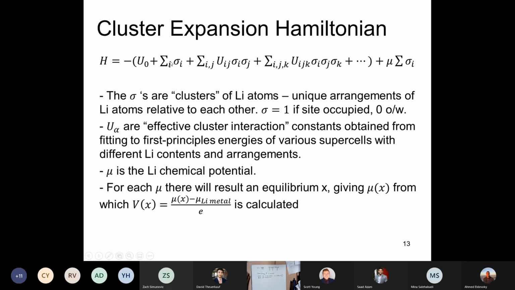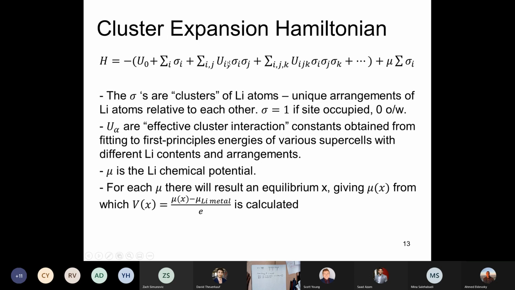There should be a binding energy here. Maybe this U0 should be inside this summation. But this is like in our earlier treatment, the fact that when you fill a site, there's a binding energy there. So we've got these 40 total energies that we're trying to match based on a binding energy, and then